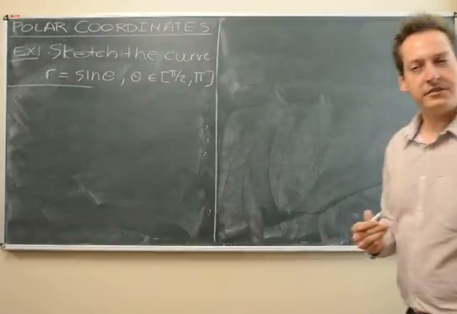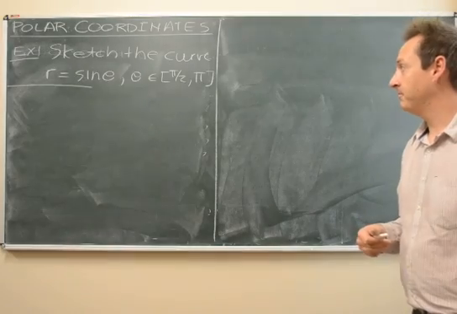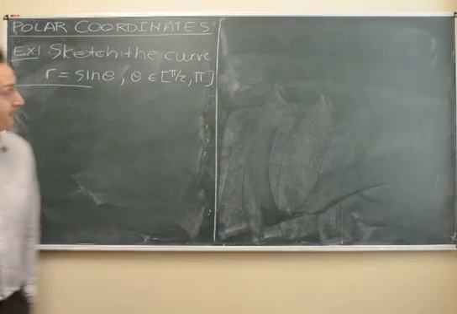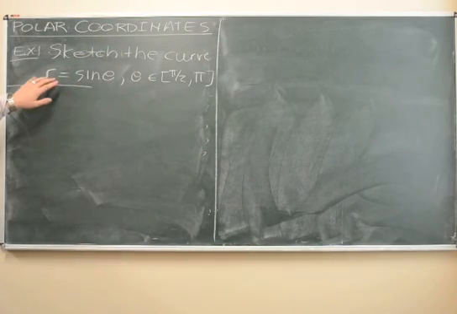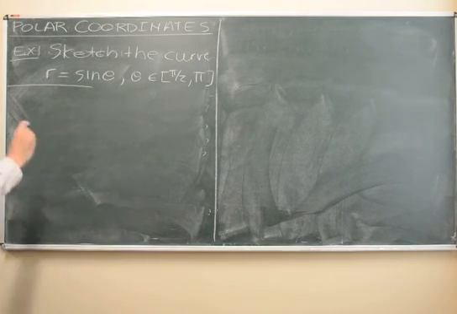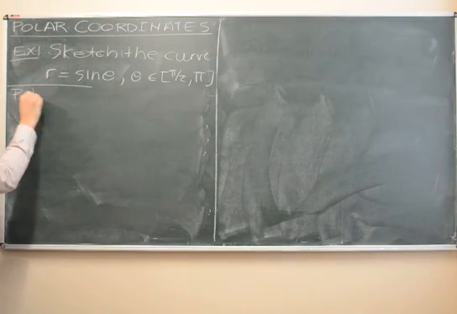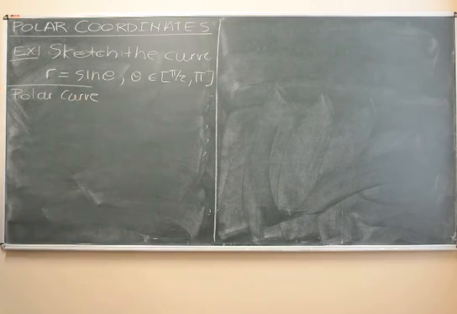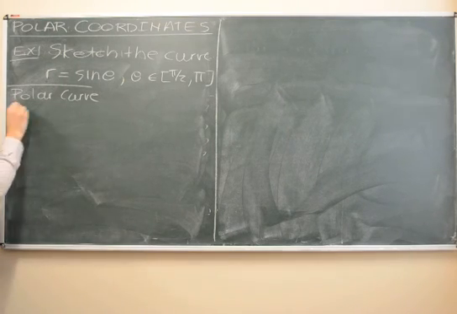Right, so now let's look at an example involving polar coordinates. We are asked in this example to sketch the curve given by the following equation: r is equal to sine theta. Right, so this is a polar curve, which means it's a curve whose equation is given in terms of polar coordinates. And we have to sketch it